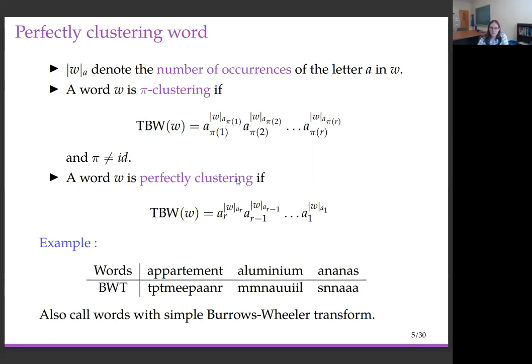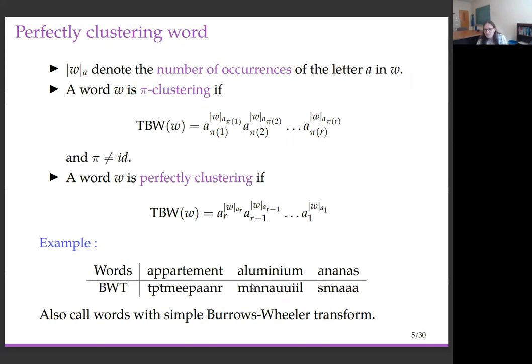And a word will be perfectly clustering if the permutation giving the ordering of its letters in the Burrows-Wheeler transform is the symmetric permutation, meaning that the biggest letter will be first, after that the second biggest, and so on. And you will end with the smallest letter. So, for example, if we take the word appartement,